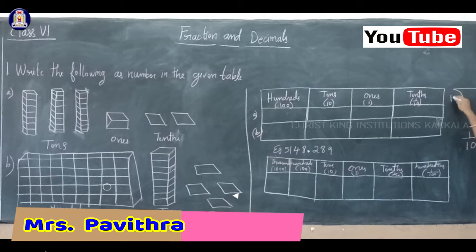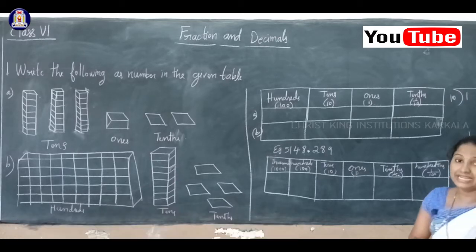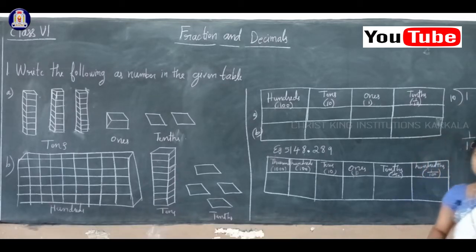So 10 in the denominator is the divisor, and 1 is the dividend. So now you have to divide 1 by 10. So now, 10, how much of 1? Is it possible? Can you divide 1 by 10? 1 by 10 cannot. So then you have to take a decimal point. This 0 you can write. Then you have to put the decimal point. If you put the decimal point, then you can take a 0. Okay, if I take 0, then this will become 10. Understood? 10 will not divide 1, so we can divide by a decimal number like 0 point.